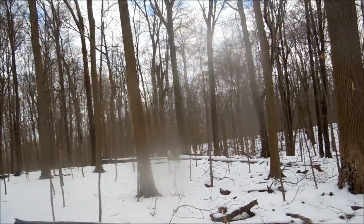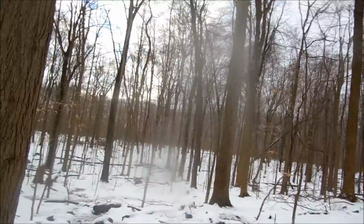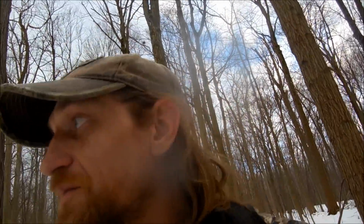So we'll have three snares set out along with the trail cam. We'll have a north snare, a south snare, and a west snare. And the only reason I'm not putting a snare off to the east is because the north and south snares are pretty much the east side of the woods. We're going to do kind of a triangle. North up there, south down here, west will be somewhere in the middle, up on the west side of the